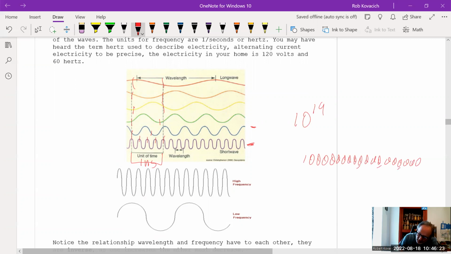This is like looking like a mole, right? All right, so